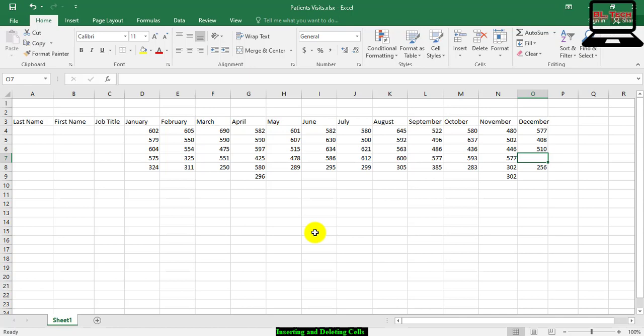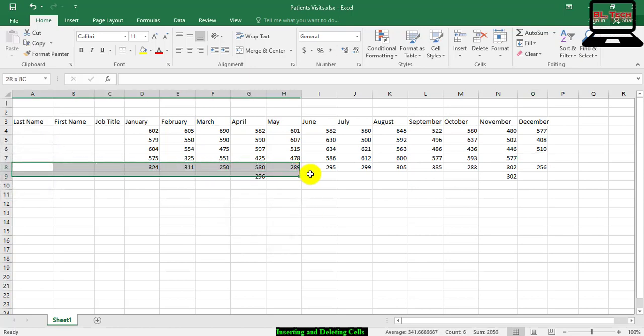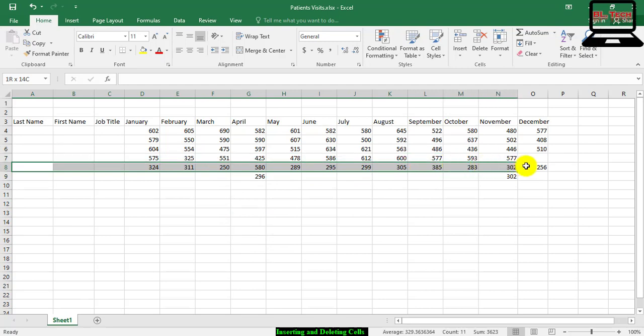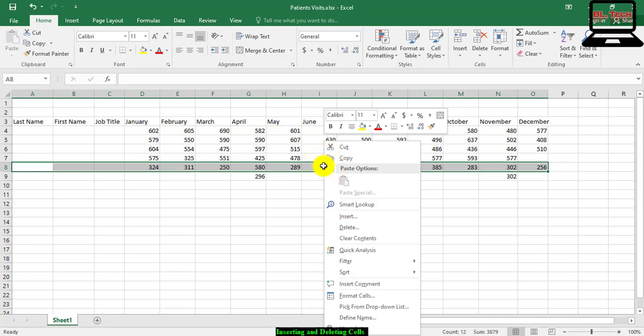Highlight the range A8 up to P8, the ones that have existing data. Right-click the selection with each duplicate of the next row of data and select Delete from the shortcut menu.